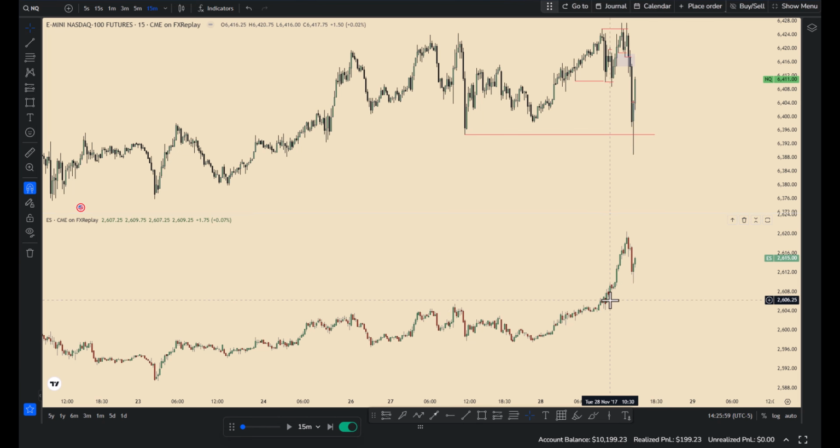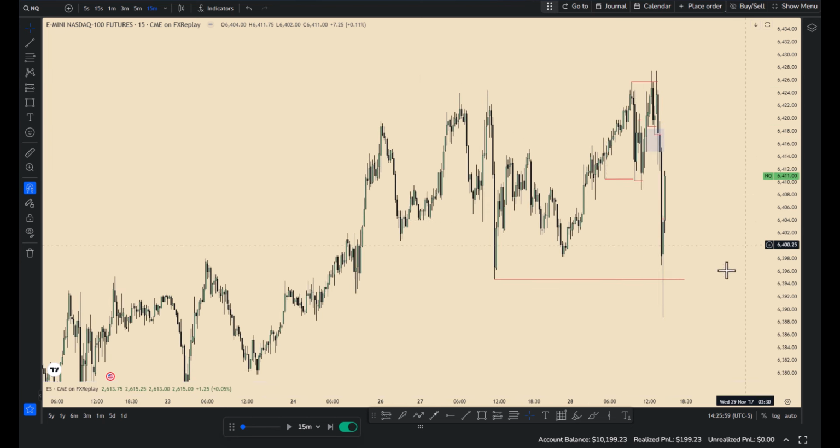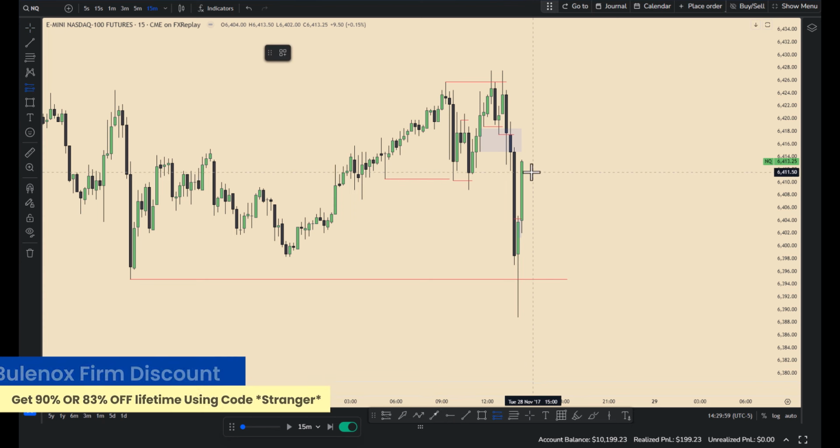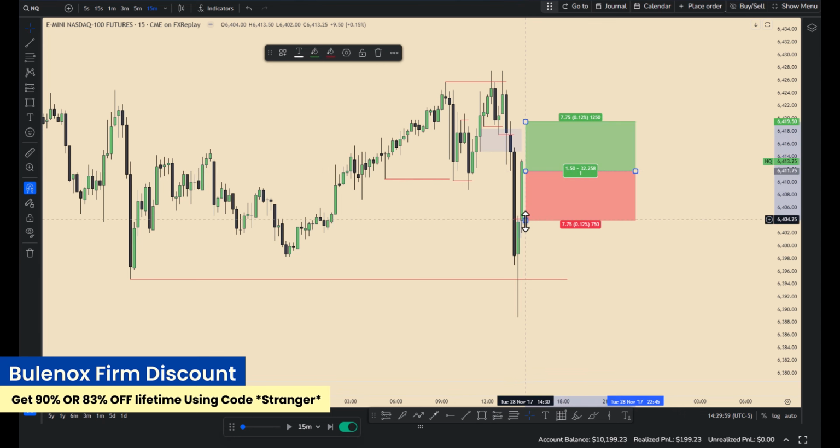You can see that ES is so strong. It just one move to the upside, no sweeps, nothing. While you can see that NQ has a lot of manipulation legs to the downside, you can see here. So let's see how price reacts to this imbalance. Okay, we close above it. This could be a chance to trade higher, maybe to this high, you know,